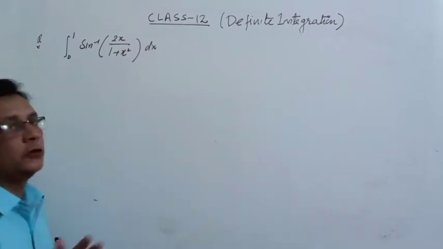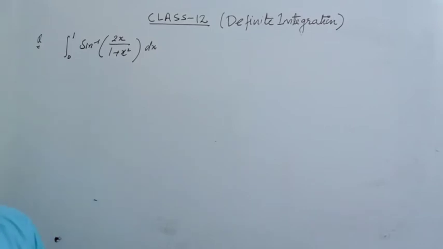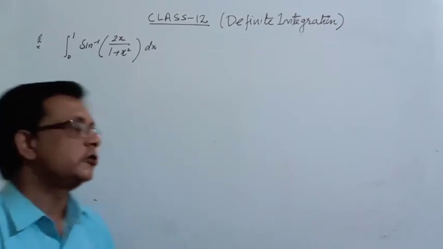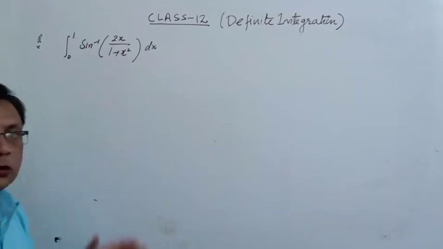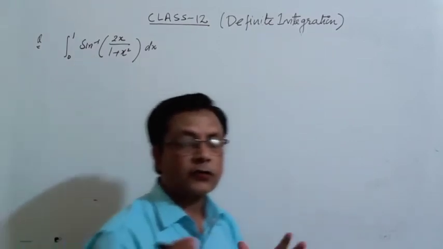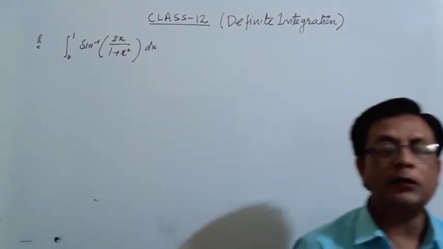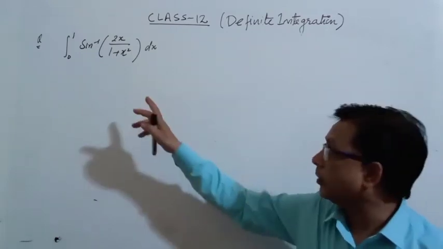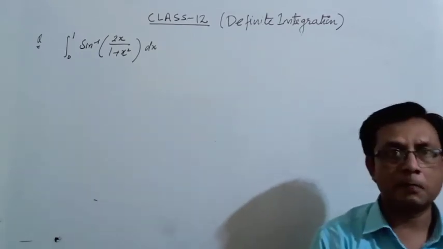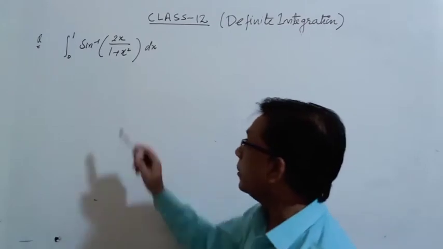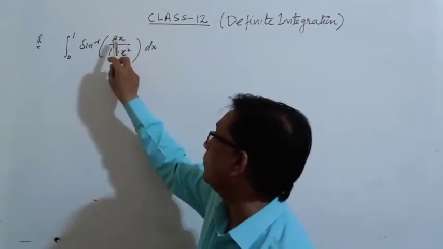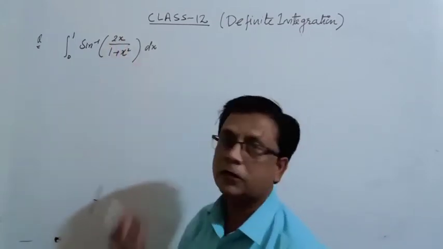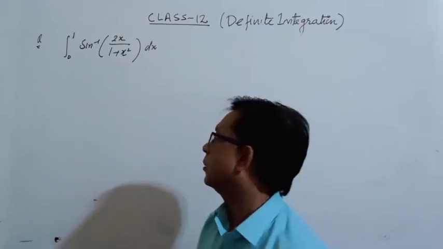Student, this is another question. Here is a question based on inverse trigonometric functions. Here sin inverse x is present. So what is the need of sin inverse? In ITF we already learned what is needed. Sin inverse needs sin. If tan is present, this becomes 2 tan theta upon 1 plus tan square theta, meaning sin 2 theta.